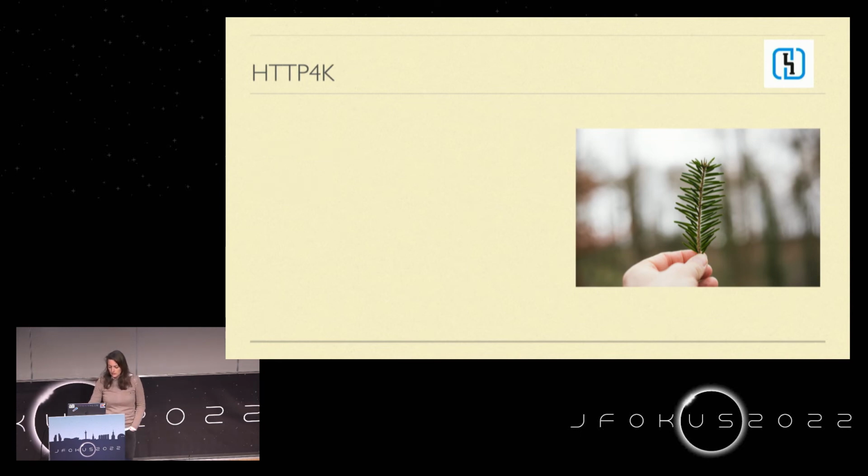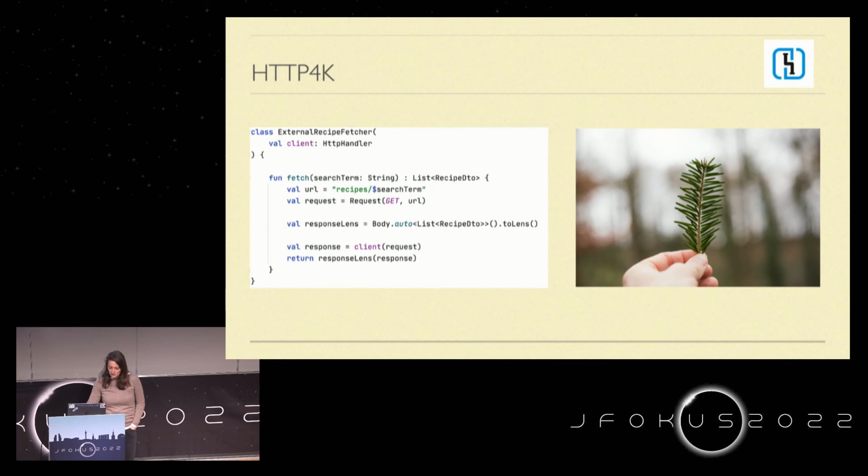It's full Kotlin, and this is how a client using HTTP4K will look like. You can use an HTTP handler, for which you can choose which implementation you want. On the HTTP4K site, I will advise you some of them regarding your wishes, and you can just do your request like this. On the line above, you will see that I'm using a lens again to serialize my objects.